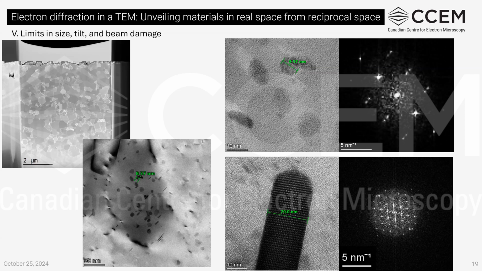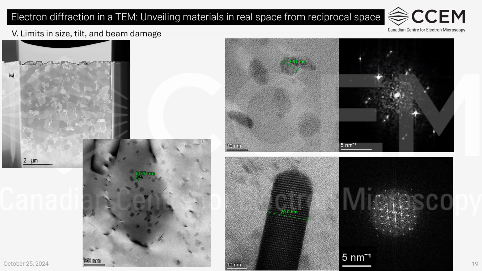Besides the limit of size, we also have a limit in tilt. In the TEM, we have alpha tilt up to 30 degrees and beta tilt up to around 20 degrees. So for example, if you have a monoclinic sample and we have the 110 zone axis when alpha and beta are both 0, but you need to go to the 010 zone axis, we should tilt alpha to 15 and beta to 30 degrees. And this request will make the beta angle exceed its limit, so it is not doable.